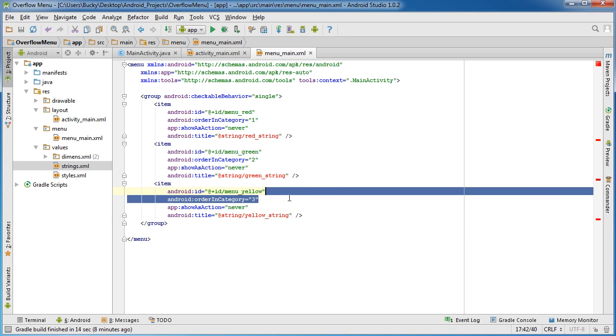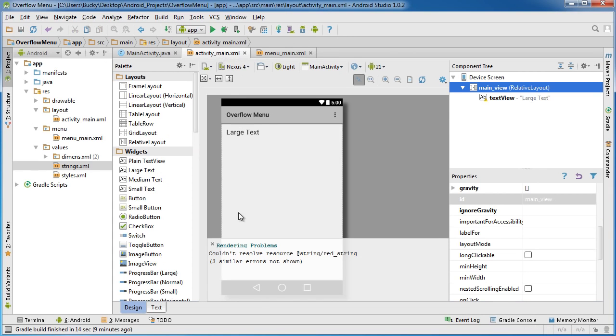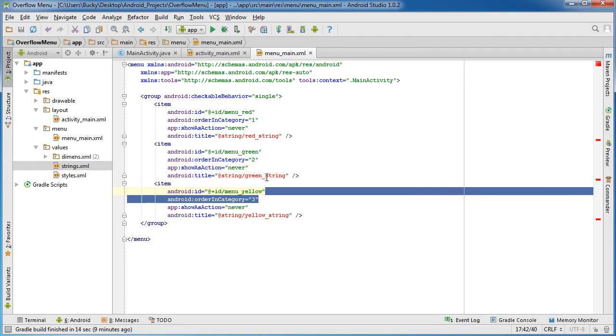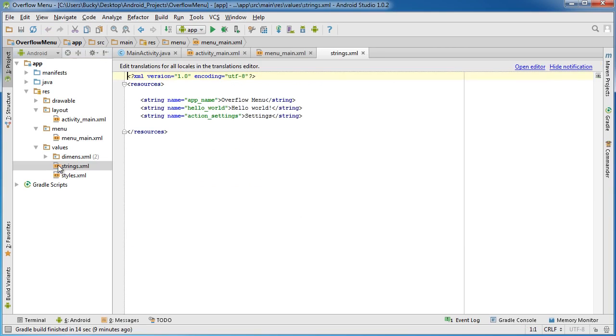and yellow. So right now, if we were to run this program, we would have an option menu whenever we clicked it, and a little menu would appear. However, whenever we selected one of those choices, nothing would happen. So we have the design taken care of, but we don't have any functionality. So before we can actually start working in the code, we need to fix these little errors right here. So open up your strings file